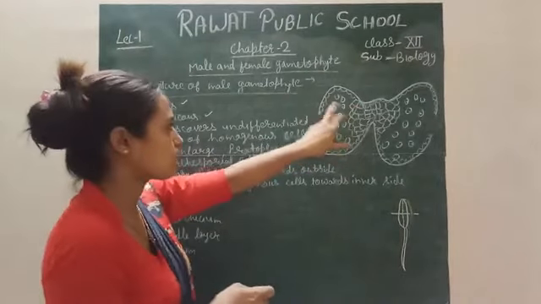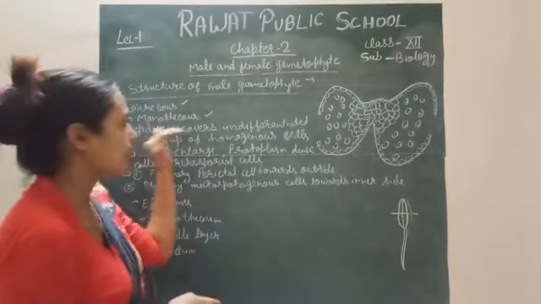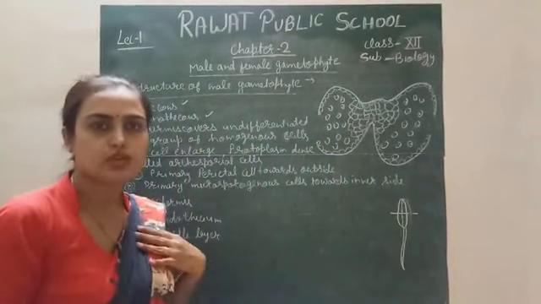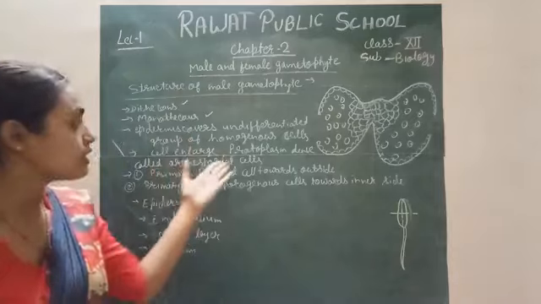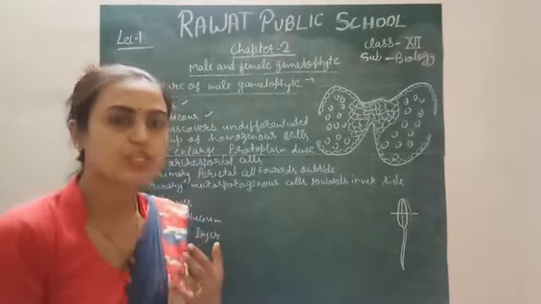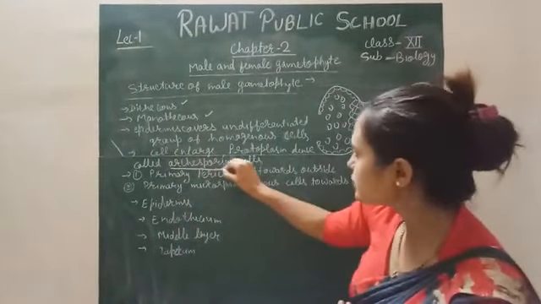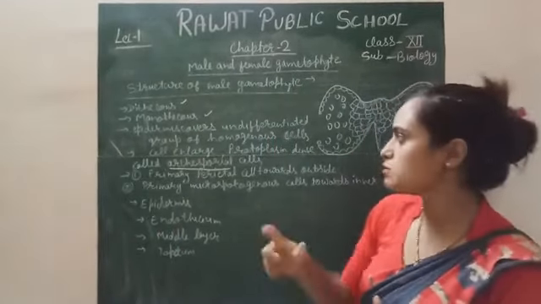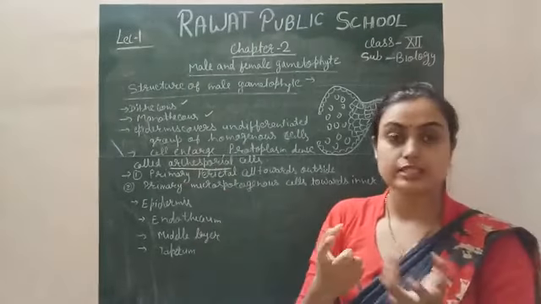structure of the microsporangium. The outermost layer is called the epidermis. Inside it are various undifferentiated cells, which we call archesporial cells. These archesporial cells divide continuously during the formation of the wall and the formation of microspores. These cells have dense protoplasm compared to the neighboring cells, and they also increase in size.